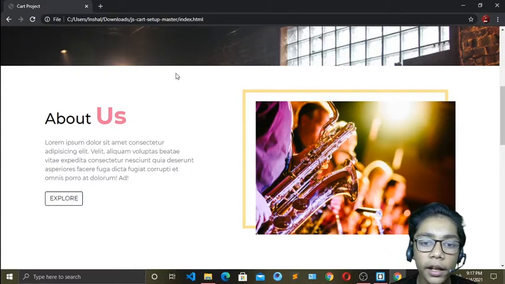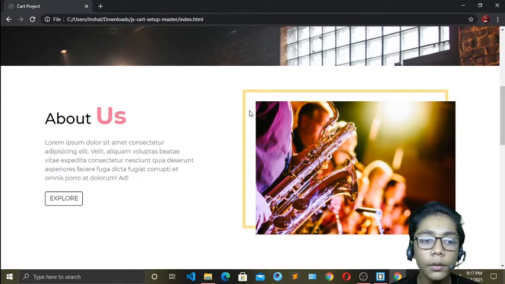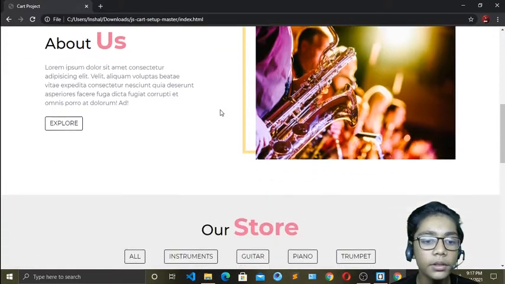Over here you can see I have one picture, and behind that we have a border of yellow color. When I hover on my image, you can see the border comes to my image. You can see how beautiful it is looking. We will make all of that with JavaScript, and we will also use some HTML and CSS in the starting.